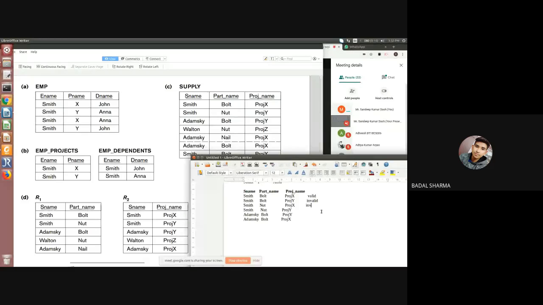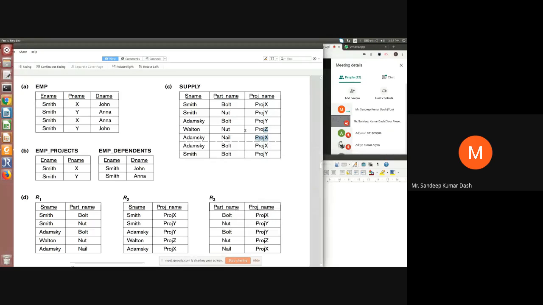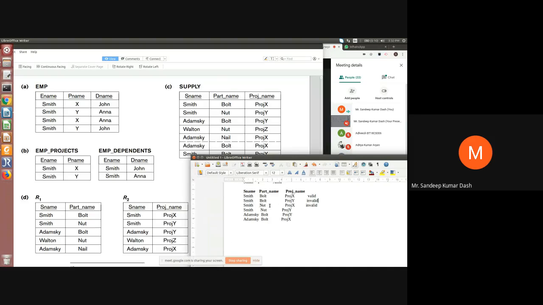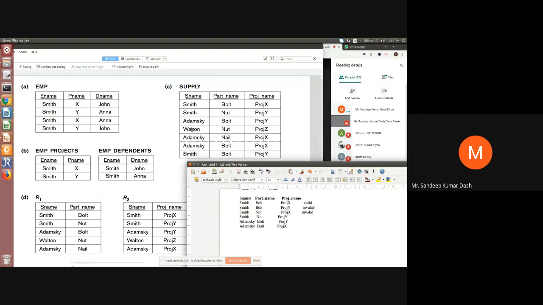Sir, number 2 is there in second position at last, na, sir. No, up to this you have to see. You don't have to see these two rows. You have to see only up to this part. Even if you see this one, okay, let it be like that. You see this one. Then you find this row, Smith knot project X. Was it there in the original relation? No. It's not there, but still you got it.